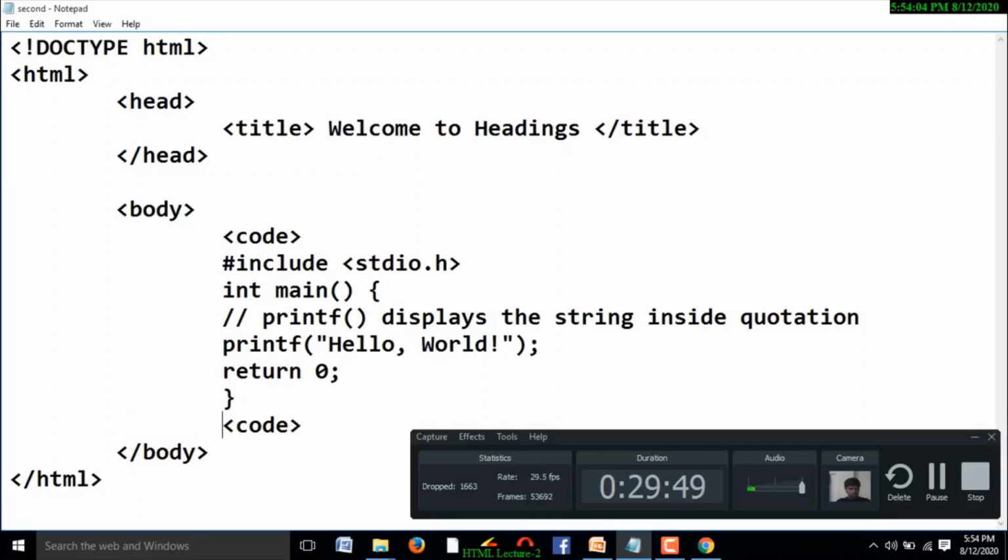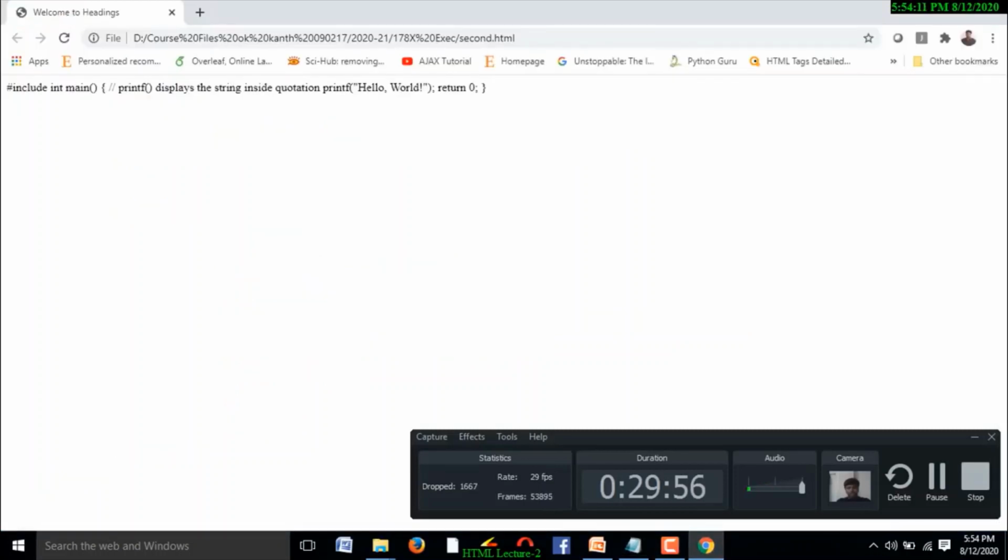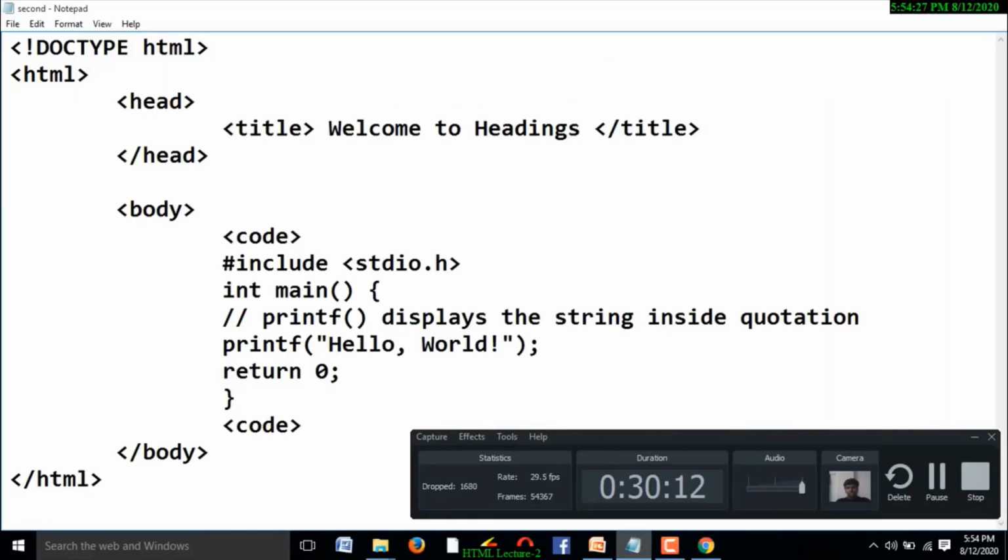See, inside the body, which tag we utilize? Code tag. Save this program and execute it. Yes. Did you observe the difference between first one and second one? If you want to see the complete line like a program structure, you need to use a break row. See, here you need to use break row. Here I am using BR. At the end of each and every row, you need to use BR tag.